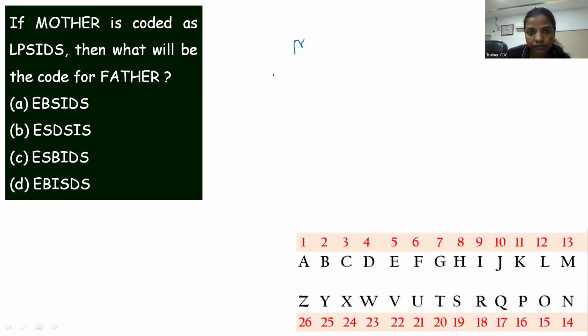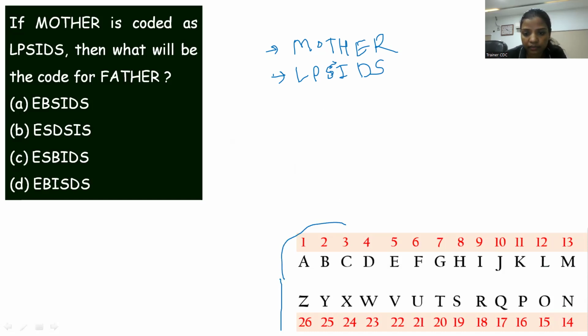For example, I have written the word Mother. Now, how is mother coded? Mother is coded as LPSIDS. I have written the word, and below that, I have written the code. Now, I want to find out how mother is coded as LPSIDS. Can you find out? If you look at this part which I have given over here,